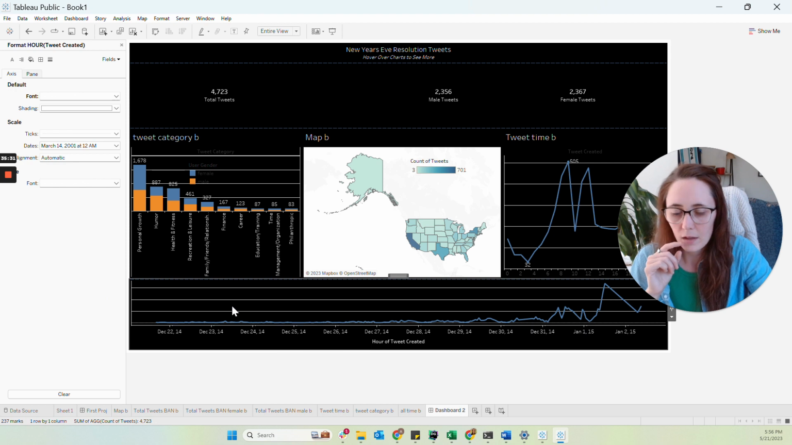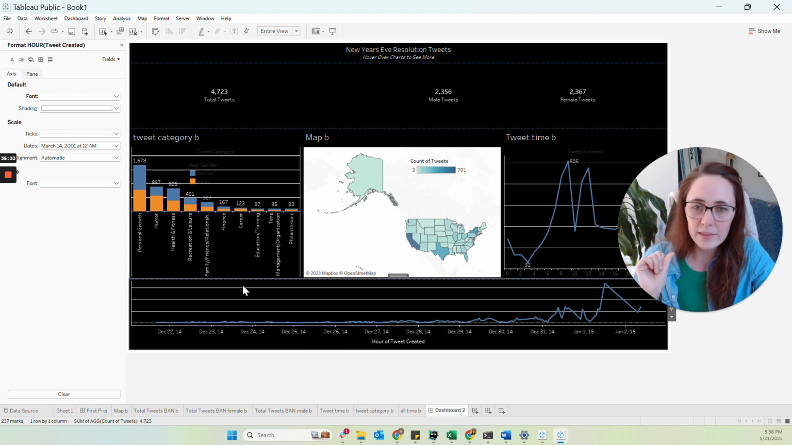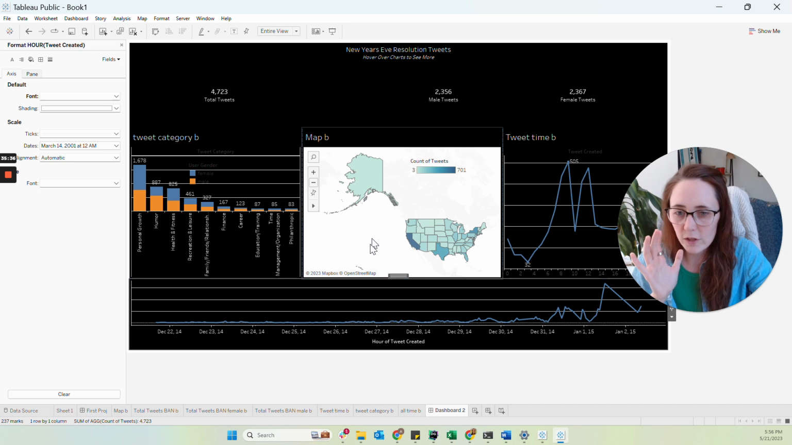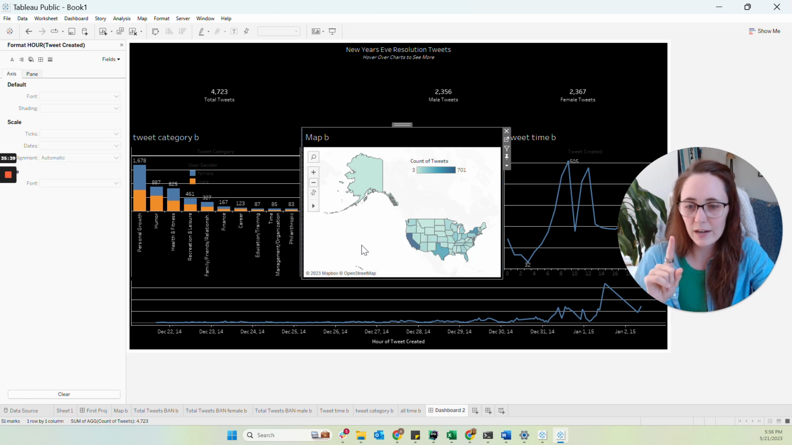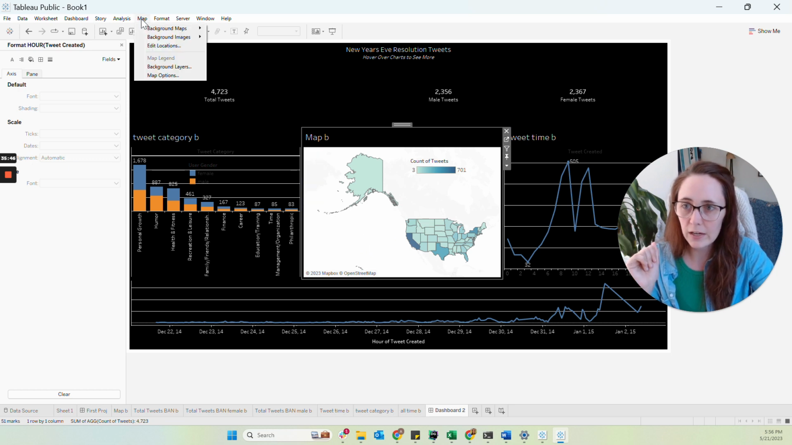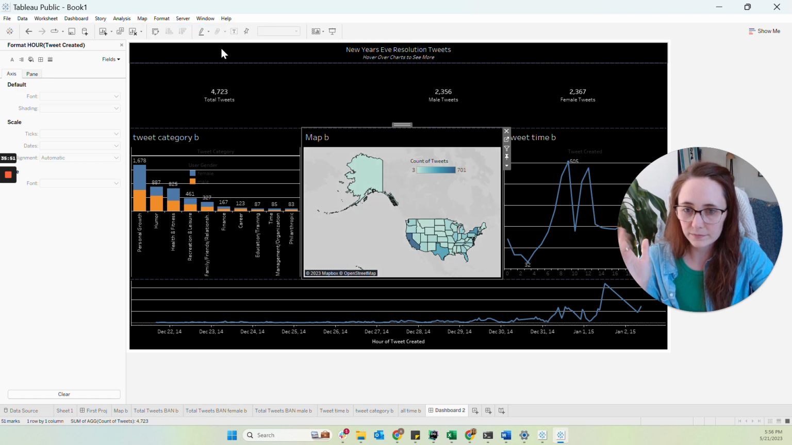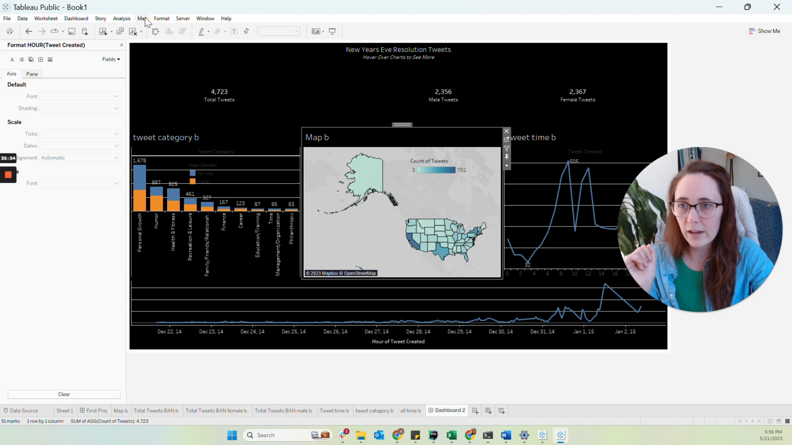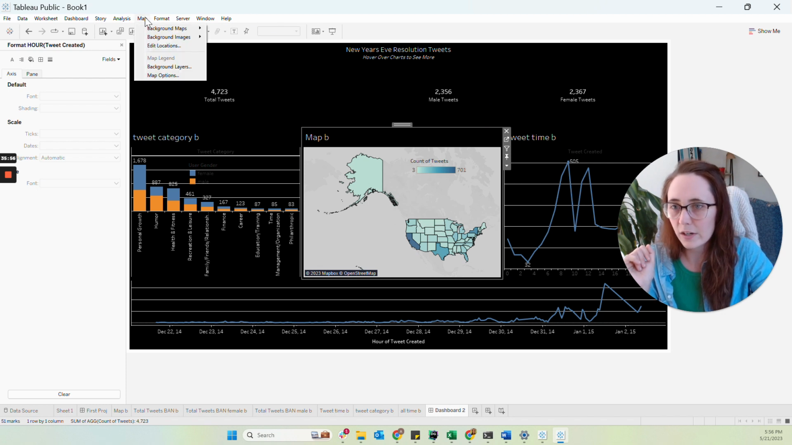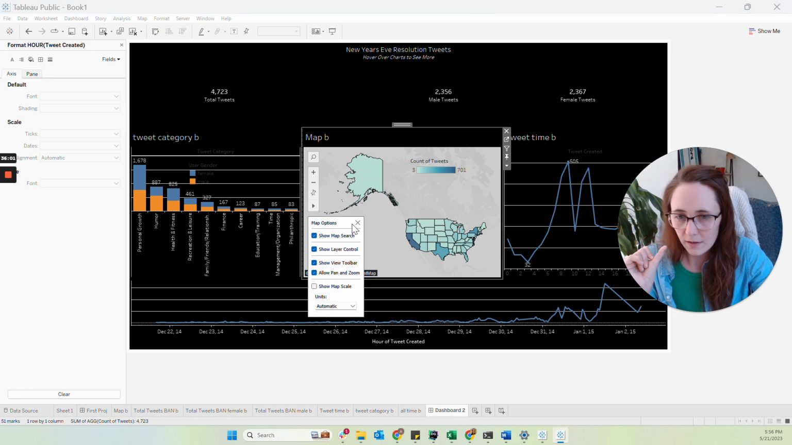Awesome. Okay, and then the last thing that we need to change the general background color of is the map. So this is kind of a cool thing here. If you click on the map, you can go to its sheet or stay on the dashboard, but up here there's this map option. Click on it, go to background maps, and select dark. So now we have a dark one. I kind of want this to be darker, so I'm going to go to map options. Nope. Map options is how you can turn off, like, I don't want people to be able to zoom in and out,